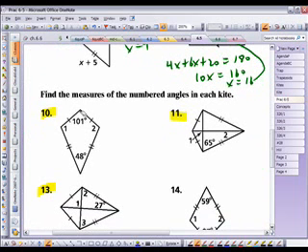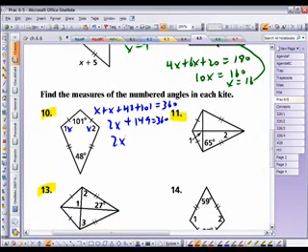Now we'll look at some kites. Because of the symmetry in the kite, we know that angle 1 and angle 2 are the same. So I'm going to call them both x for now. And in a quadrilateral, when you add the angles, you get 360. So I can say 2x plus 149 is 360. And so 2x is equal to, let's see, this will be 211, and so x is equal to